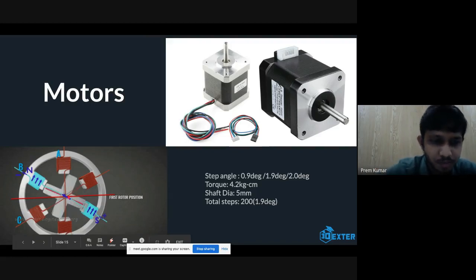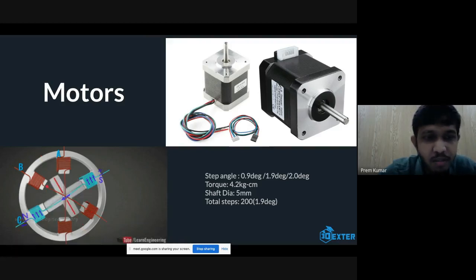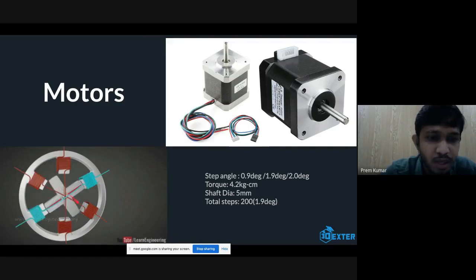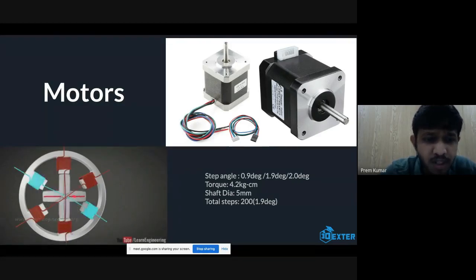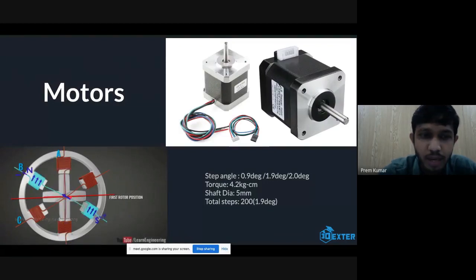The mechanism is similar. So if you look at this, when the power is supplied to this coil, this is excited, and your rotor is exactly aligning with these two poles. And the angle that you look at here, the movement angle, is 30 degrees. Whenever you supply current to one of the poles, it is making 30 degrees angular displacement. So by varying the current supply in different poles with a different time interval, we can actually control the stepper motor angle at any given point of time.